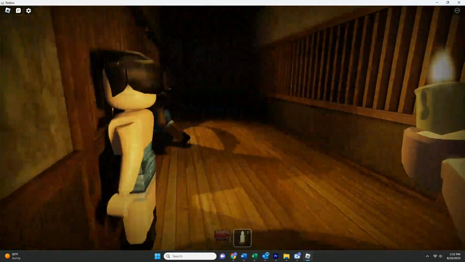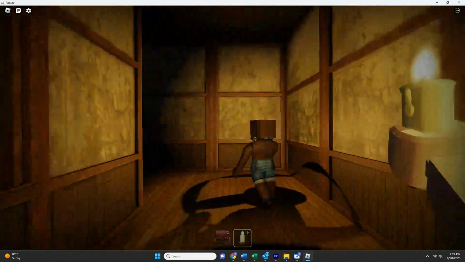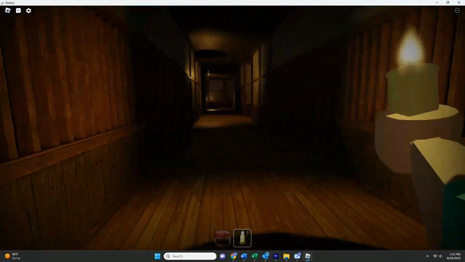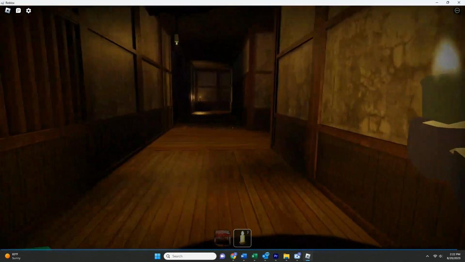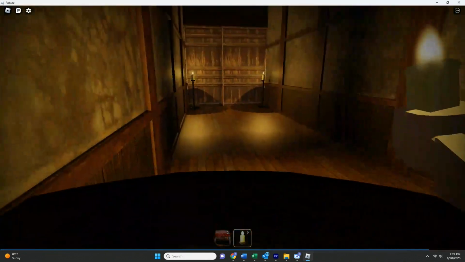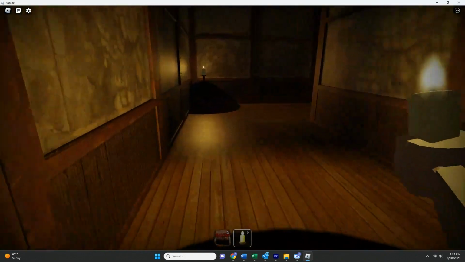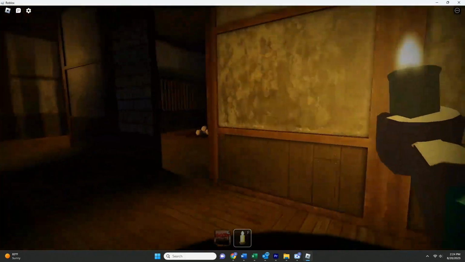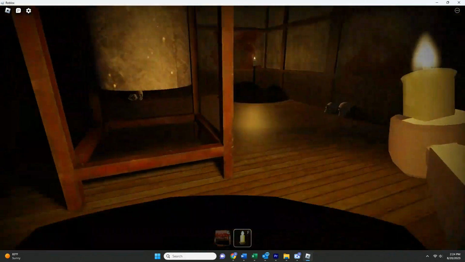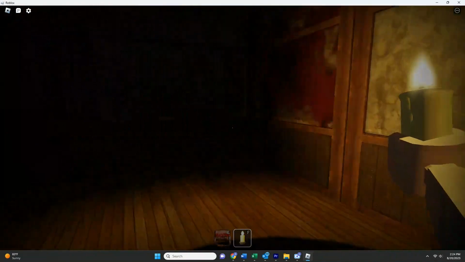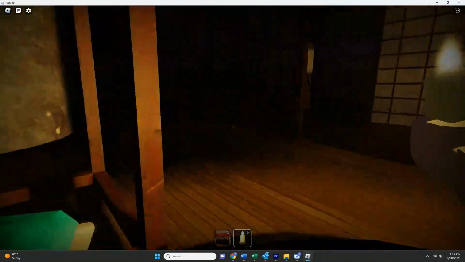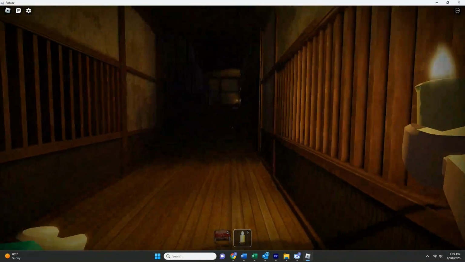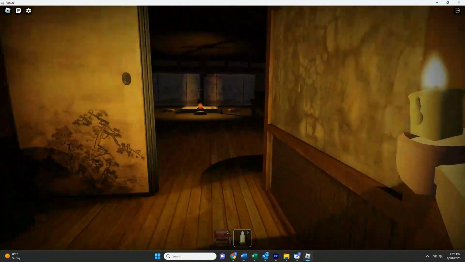I really have not played any of the adult or older, over 13 games because I'm usually only just playing this with my daughter. So I wandered around and I had no idea what was going on. There's some blood, there's some skulls in this room here, and just, it's definitely creepy. There's creepy music playing, and I kept looking, and then I end up going in this one room here, and